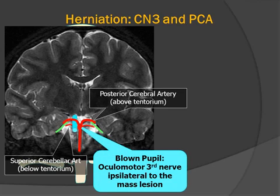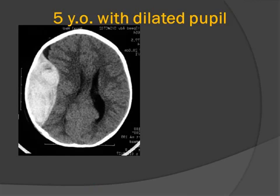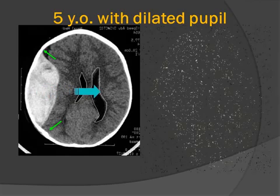The oculomotor or third nerve and the trochlear nerve are caught in a vascular crotch between the posterior cerebral arteries and the superior cerebellar arteries. So when the temporal lobe herniates into the opening into the tentorium, it will compress these nerves, causing dysfunction and pupillary dilatation. So again, our patient has this extraaxial biconvex collection of hyperdensity consistent with an acute epidural hematoma and